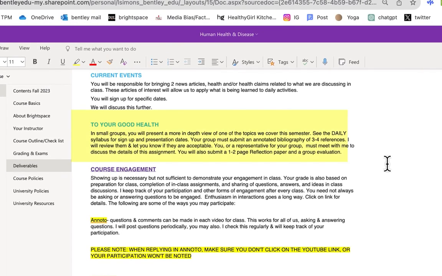For this assignment, you'll be signing up in groups of, I think I have it for 5 right now. I'll show you when we go through assignments. This is a chance for you to do a deeper dive into any of the topics that we're covering. You will submit an annotated bibliography, 1 per group, with 3 to 4 references that you are going to be using.